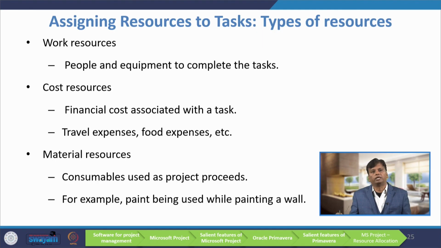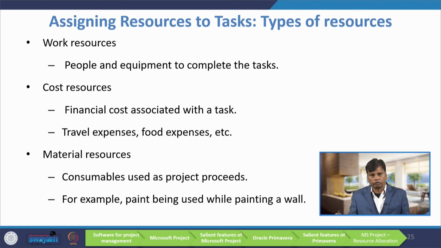The next one is material resources, consumables used as a project proceeds. For example, paint being used while painting a wall, cement, iron, concrete; these are all examples of material resources. There you can write the unit price, say 400 rupees per unit, at the time of allocation. Suppose we are allocating 5 units, then 5 times 400, that much cost will be spent